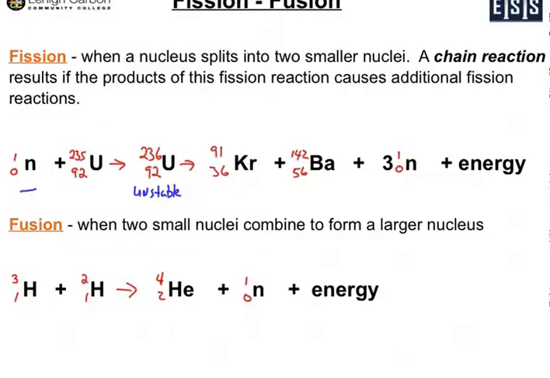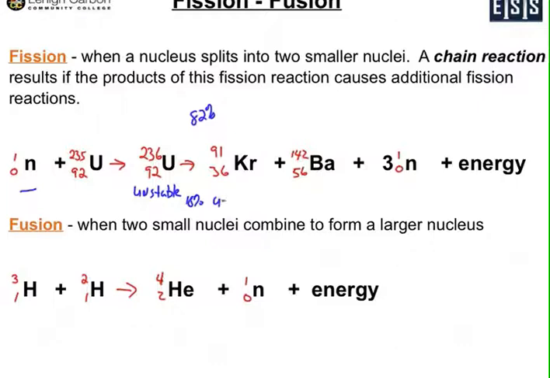And that material then will quickly fission, or break into two, into krypton and barium, and release three more neutrons. Now, this occurs 82% of the time. 18% of the time, though, this unstable U-236 emits a gamma radiation, which is strictly energy,